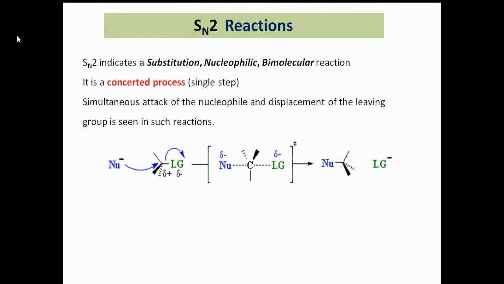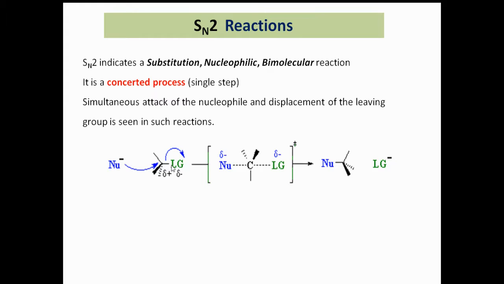So if we take an example of alkyl halide, this is an alkyl halide, a carbon, and Lg stands for leaving group. So alkyl halides undergo SN2 reactions. That too, generally primary alkyl halides undergo faster SN2 reactions. So what happens in this case is, this is the nucleophile. Nu minus stands for nucleophile where it is able to donate its electron pair. And this is the center carbon to which the leaving group is attached.